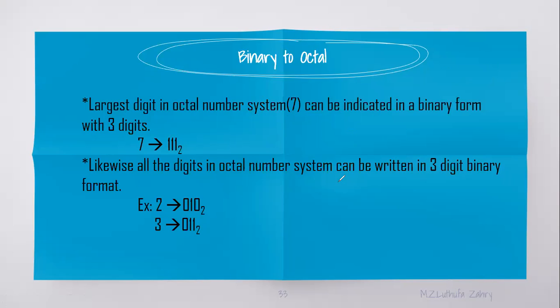So the thing is, if you see the 0 to 7, the number from 0 to 7 is the number of octal. Okay. In decimal also, you have 0 to 7. Okay. In octal also, you have 0 to 7. I'll put D for decimal and O for octal. The 0 of decimal is equal to 0 of octal.